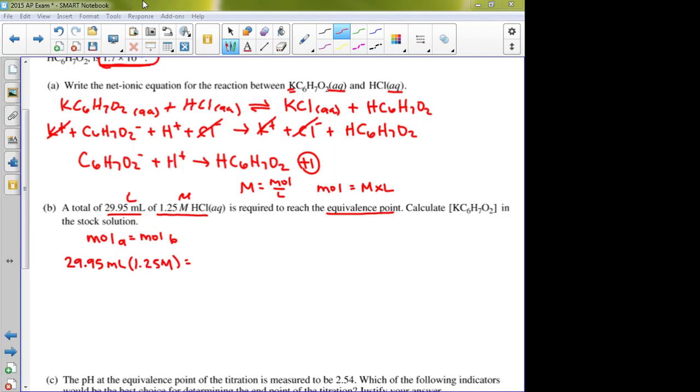37.4. Didn't you do something with the molarity since it's a strong acid? Wouldn't it be the same or something? No, it wouldn't be the same. So I've got 37.4 millimoles. So that means I must also have what? 37.4. Okay, so that means I must also have 37.4 millimoles of my